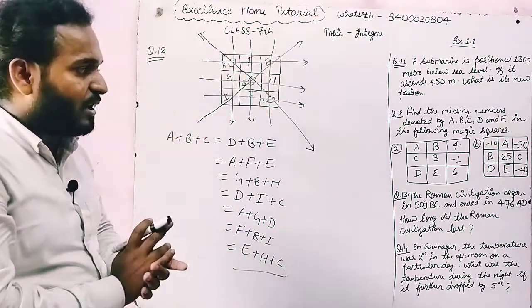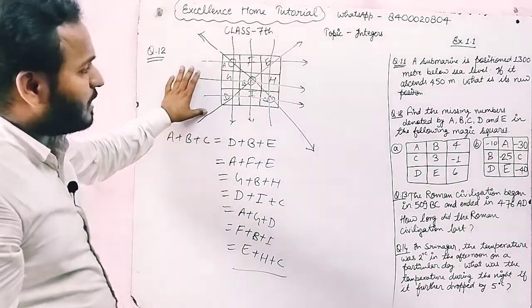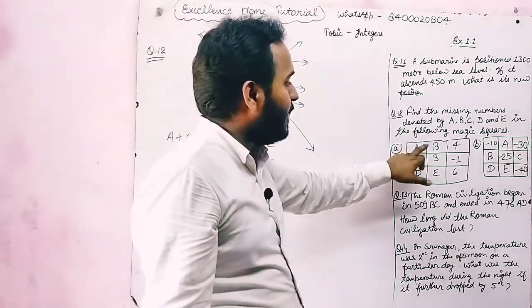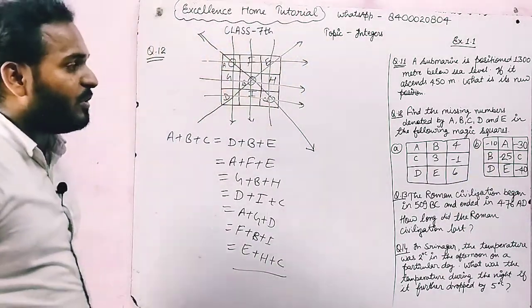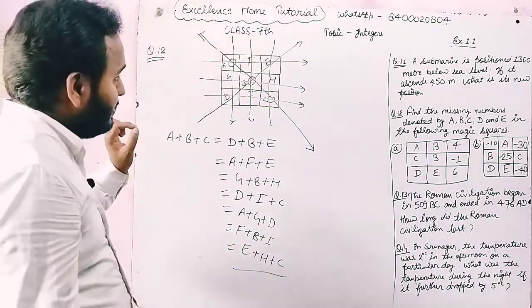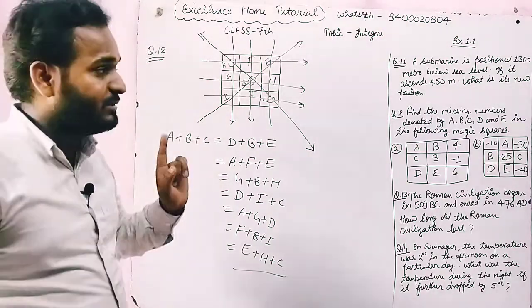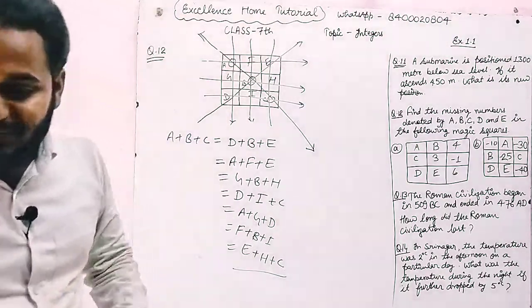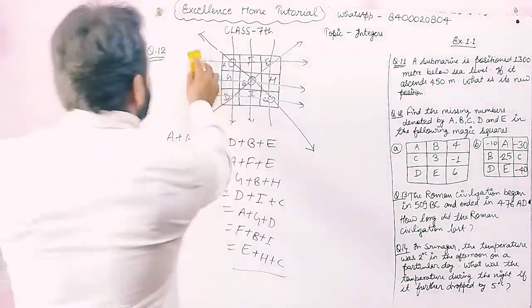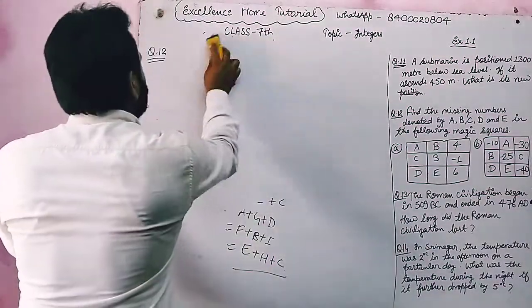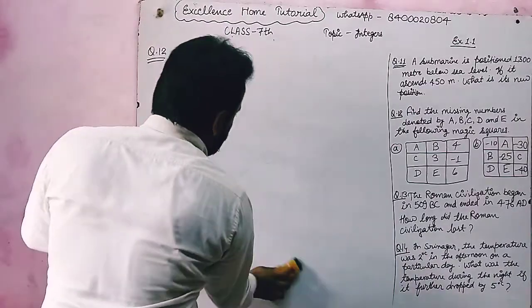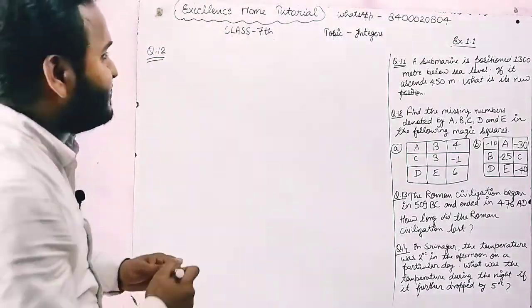इसको हम मैजिक स्क्वायर कहते हैं और मैजिक स्क्वायर का यूज करते हुए हमें यहाँ ए बी सी डी ई और सेकंड में भी ए बी सी डी ई की वैल्यू फाइंड आउट करना है. ये कॉन्सेप्ट बहुत इंपॉर्टेंट है, ध्यान से इसको समझेंगे. So it is very important concept for your understanding. So let's move on to question number 12 section A.